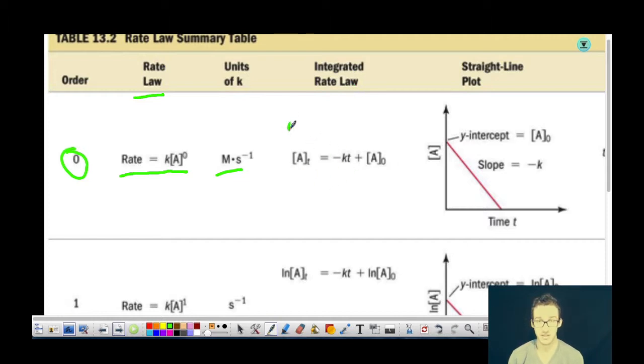Now notice it's in the y equals mx plus b format. And so again, basically we're just going to use the integrated rate law to figure out, if we know the initial concentration of our reactant, then at time t, what will the concentration of the reactant be? And that's really what we're using the integrated rate laws for. And again, I don't want you to be scared away by the calculus here, or how you go from your differential rate law to the integrated rate law. You'll be given this information on a formula